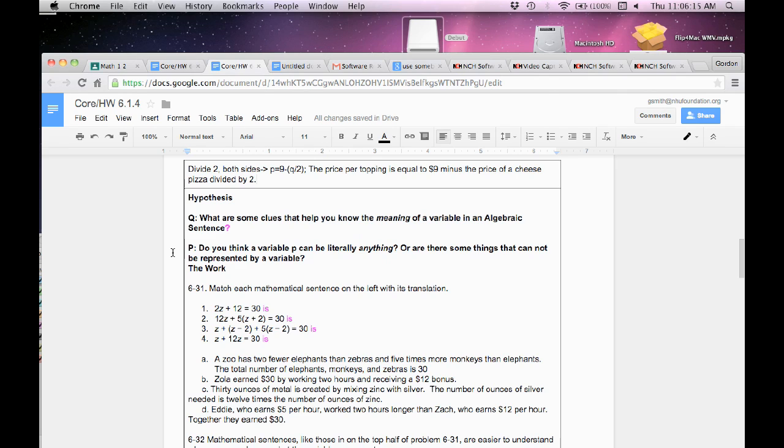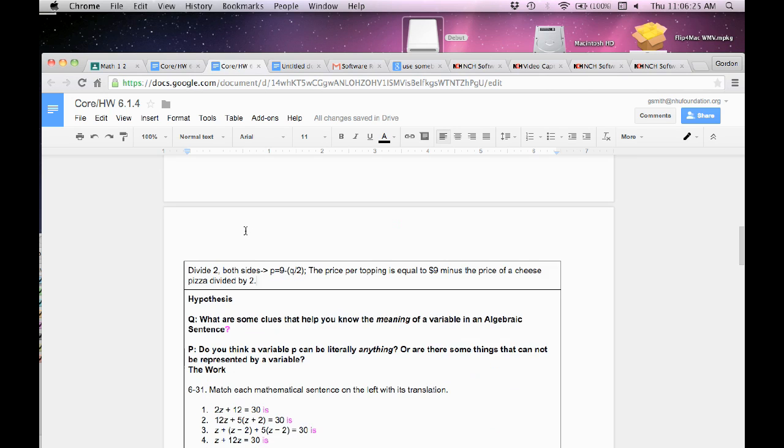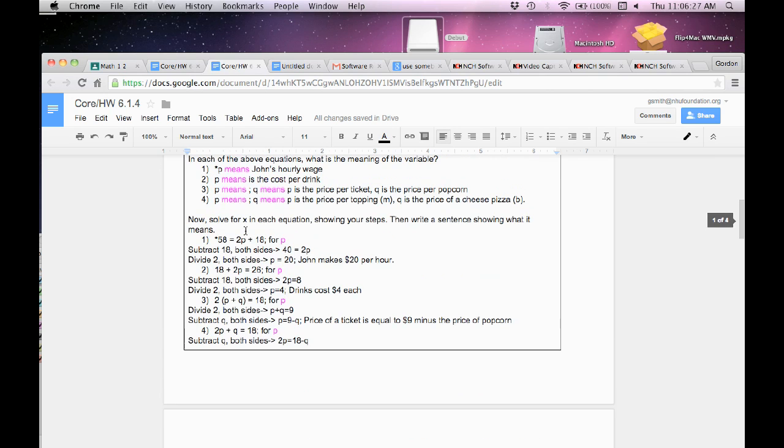So, here comes my hypothesis. What are some clues that help you know the meaning of a variable in an algebraic sentence? So let's look up here. This is kind of a wide open question, but